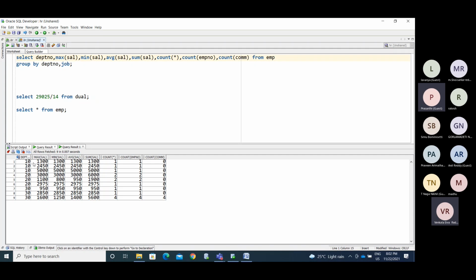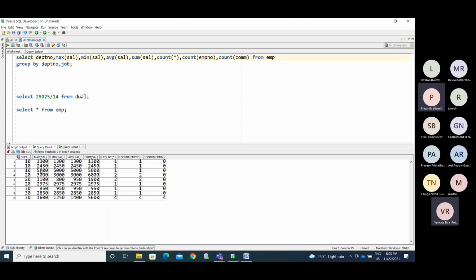But if you don't know what the job is for this salary, for this, for this, and you want to understand the output clearly, you need to use the job in the select list. Otherwise you can't tell, for the 10th department, whose salary it is, Shiva's salary, Ravi's salary. If you want to know very clearly, use the job in the select list. Got it, right? We'll see in the classes by tomorrow.